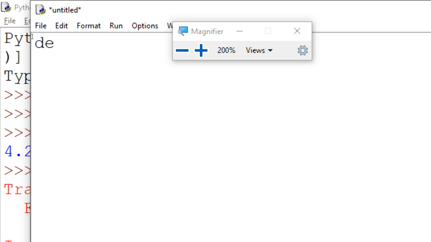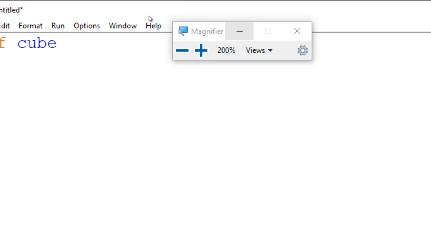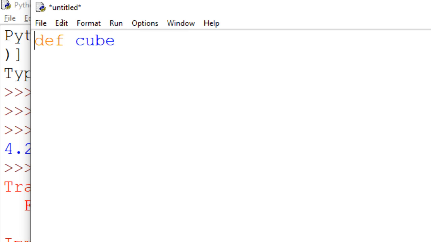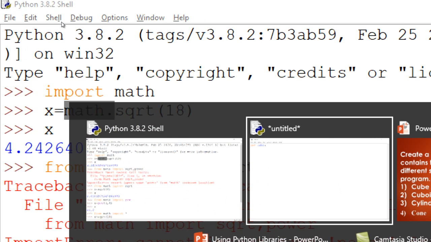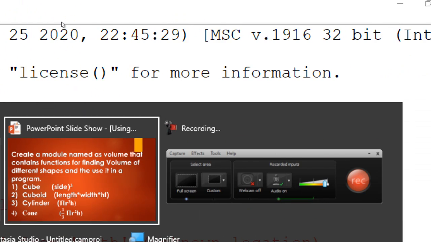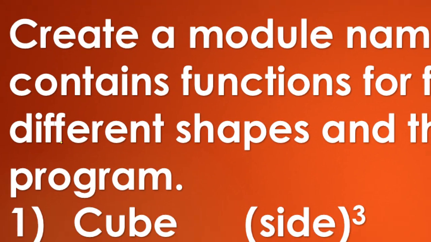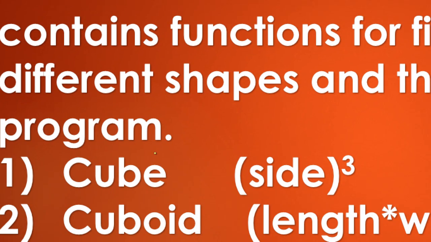definitions. First I write def, and the first one is cube, okay. The formula given for the volume of a cube is side cubed.